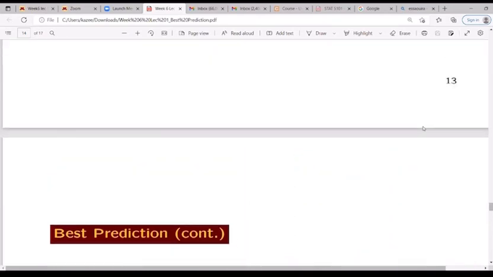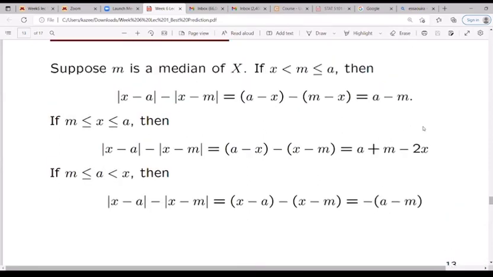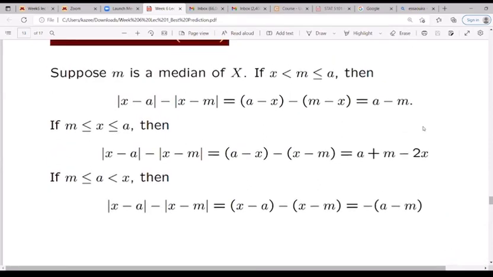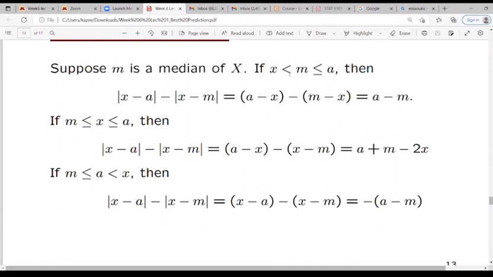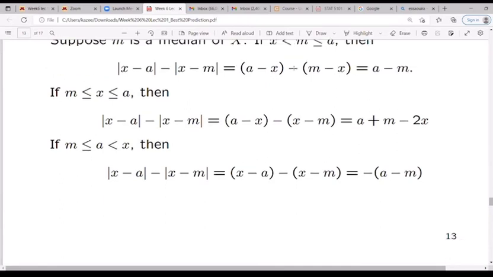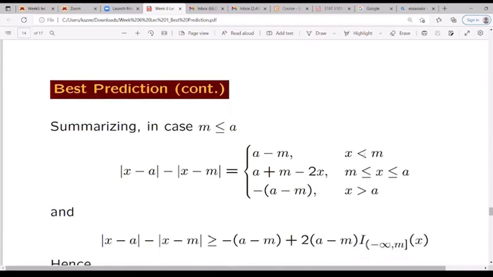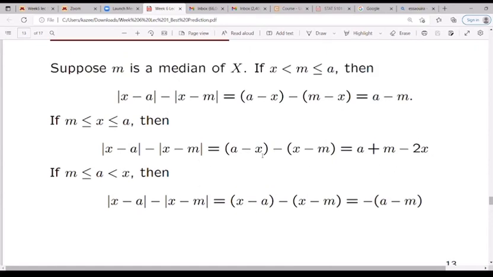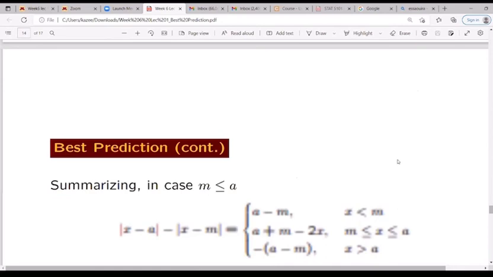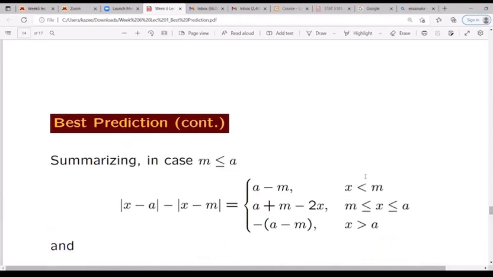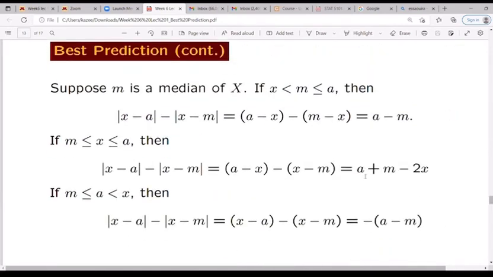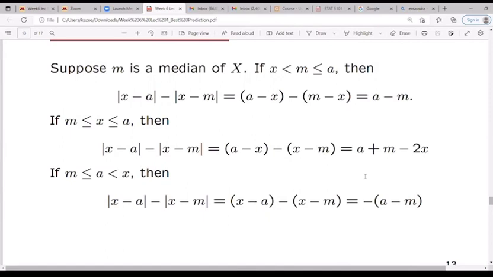So when I get a minus M, you are going to see here that it occurs at X less than M. So at X less than M, that's what you see here. At X less than M, that gives me a minus M. Look at that. X less than M is giving me this. And at this interval, that's what I have. So that was why I wrote this here. Take a look at that. And if you look at the last one, it's basically going to be at X greater than A, because take a look at this.